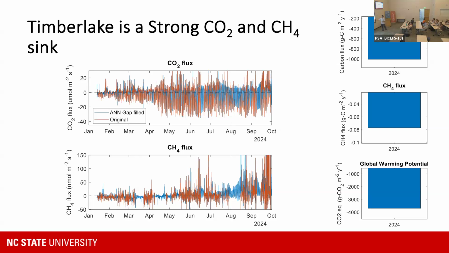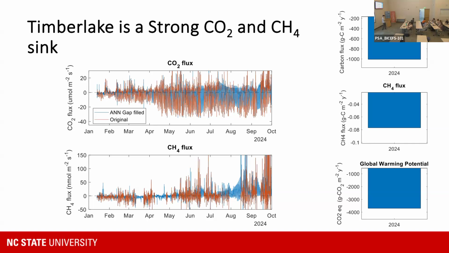We can also look at CO2. So Timberlake is still a pretty healthy forest despite that flooded area to the north. So carbon dioxide is still being removed quite efficiently from here. There's a lot of carbon being removed here. And you can see the grams of carbon being removed from the atmosphere, both in the carbon dioxide fluxes and methane fluxes. And when you pair these two together, when we're looking at the global warming potential, we're seeing a negative forcing here. So this site in a long time scale is cooling the climate,